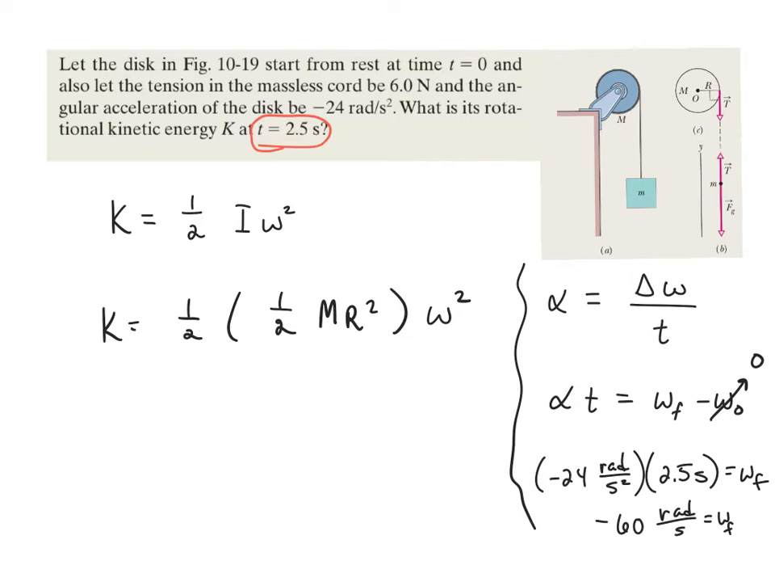Okay, so now we have the omega value. We're trying to find the kinetic energy of the system at this moment. So we can go ahead and plug in what we know now. 1/2, we know the mass of the disk. The mass of the disk right now,